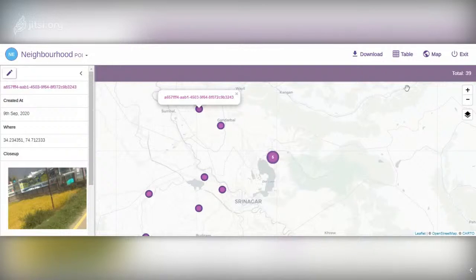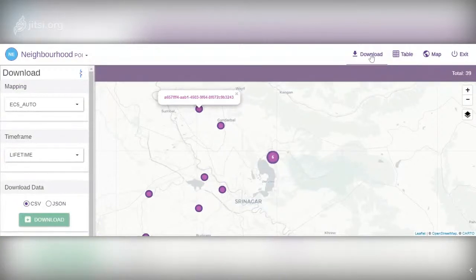So you are viewing the data in tabular format and map format in the EpiCollect server itself. But if you want to download the data and open it in some other software, then you have to download the data from the server, using the download option. Here you have some filters.